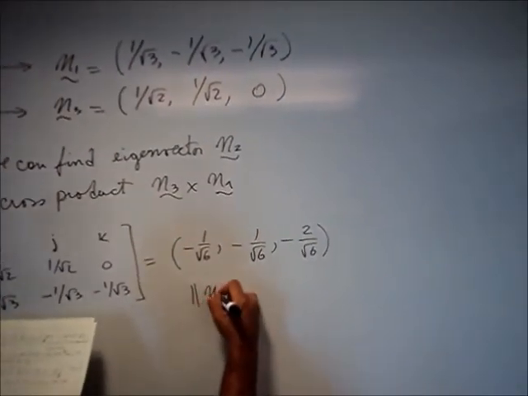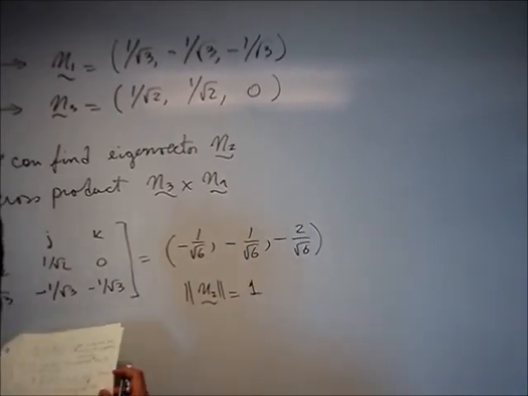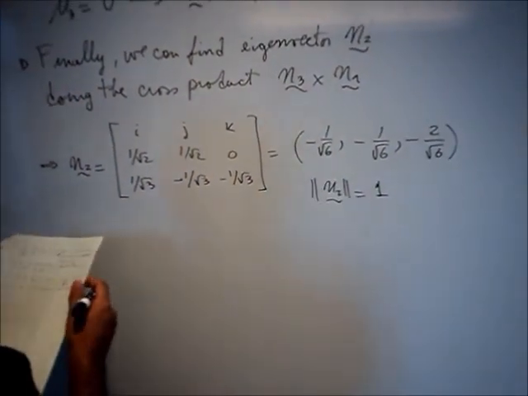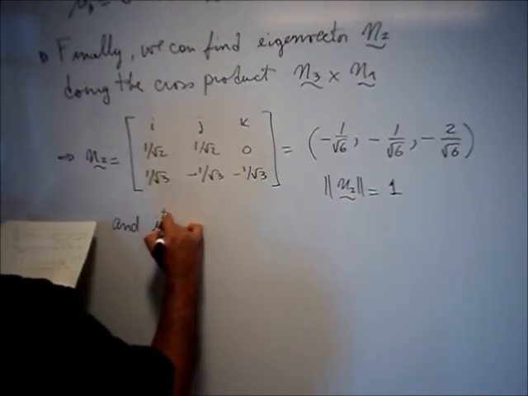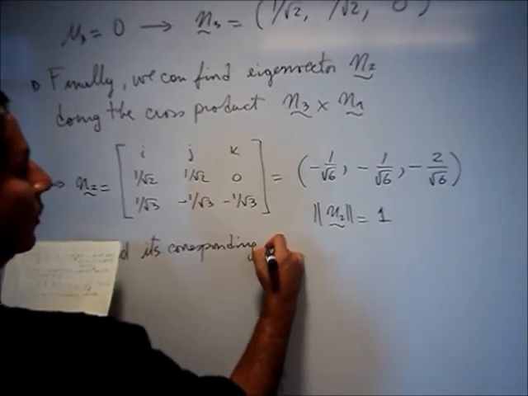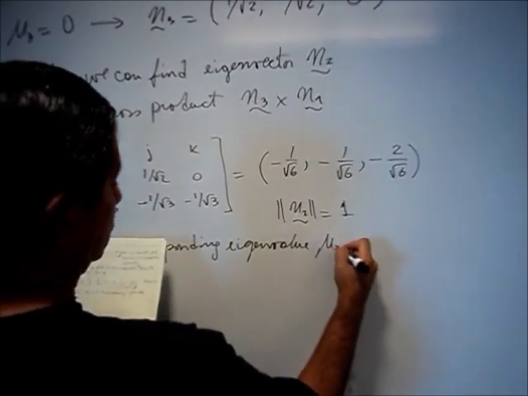The length of this vector is equal to 1, and then we conclude that n2 is the third eigenvector and its corresponding eigenvalue u2 equals